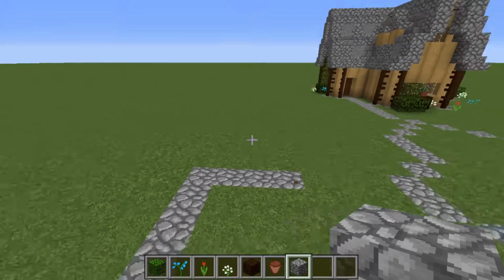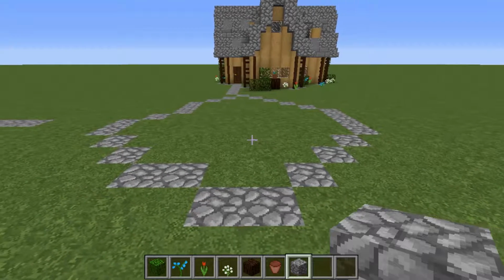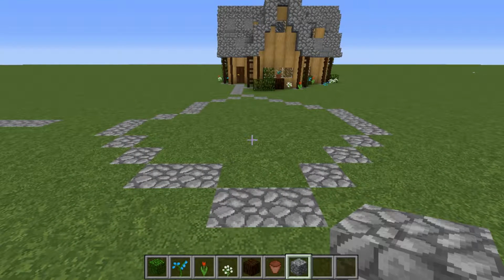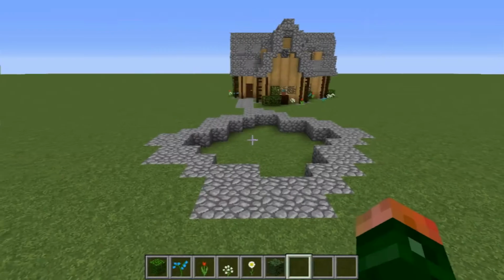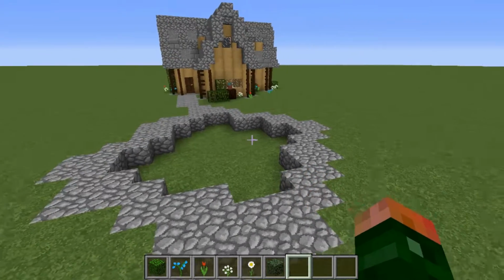Now, sometimes you can do that, maybe in a tunnel and stuff, it works. But if you want to just do paths, make it more natural flowing. Don't just make it straight. I'm going to add some more blocks to this. Okay, I've added more blocks to our path, and the next step to make your builds a little bit more